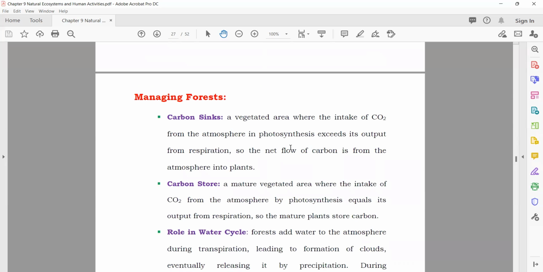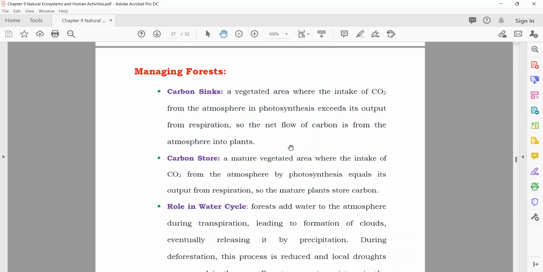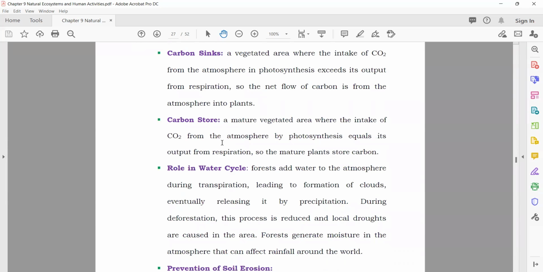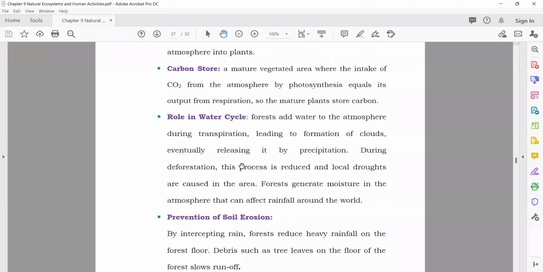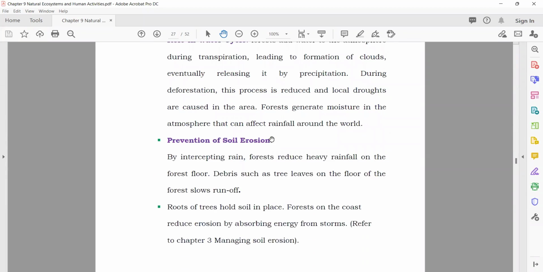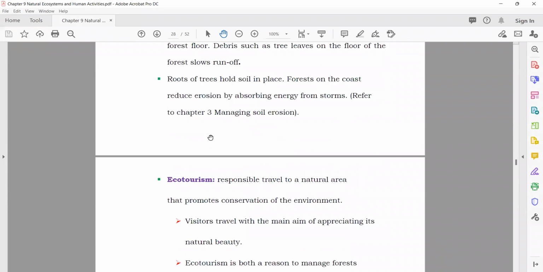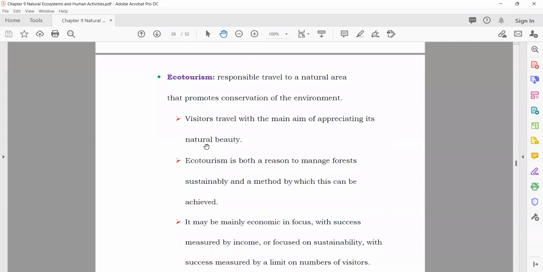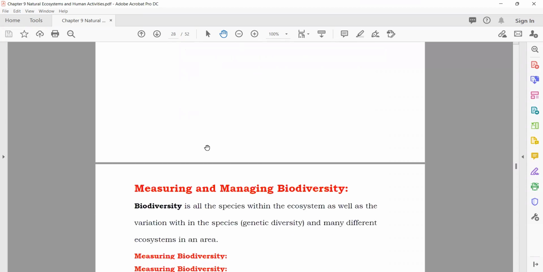Managing the forest: what is the importance of the forest? They are a carbon sink, they store carbon dioxide, and they play an important role in the water cycle. Then you have prevention of soil erosion, then ecotourism, a lot of people come to see the forest and other things. And after that,